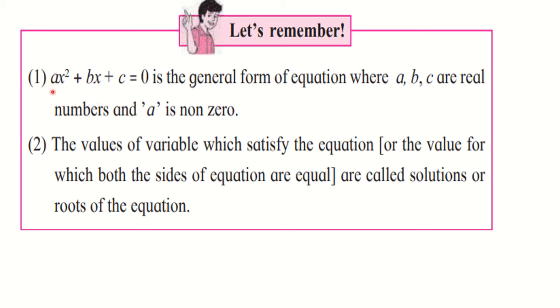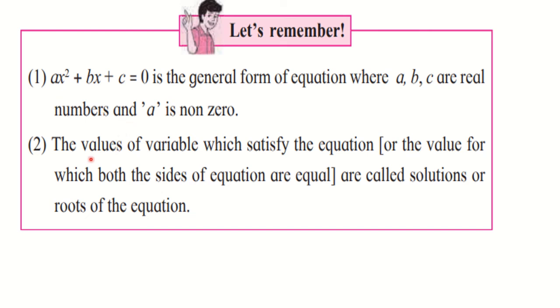And sometimes in questions also, when we get 2 values of a, we have to check both the values, whether both the values are applicable there, or any one value. For any one value, if a is becoming 0, then we can say that this value of a is not possible. So we get only one answer.